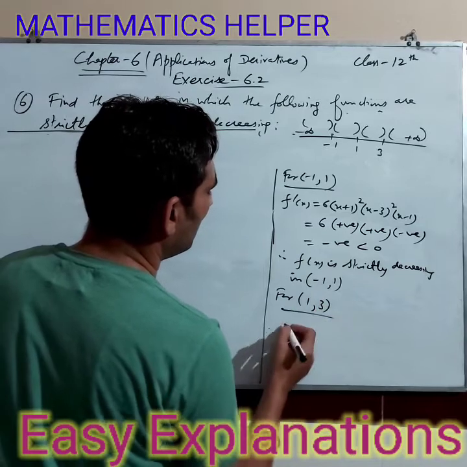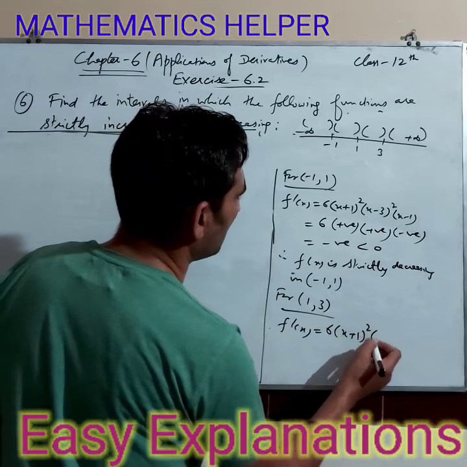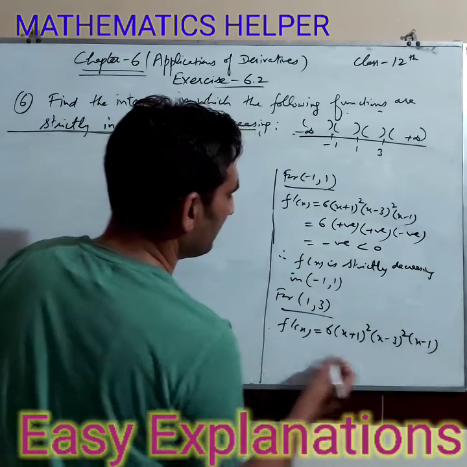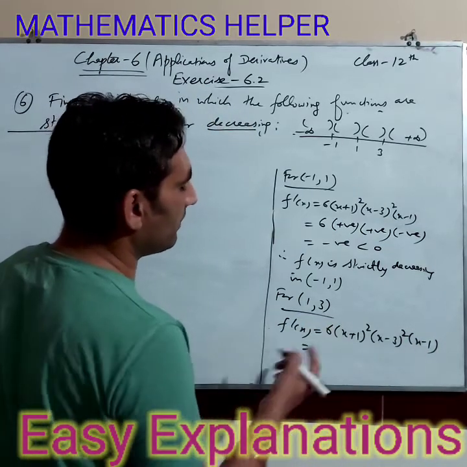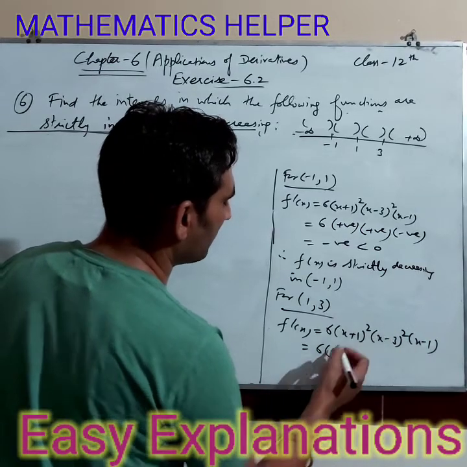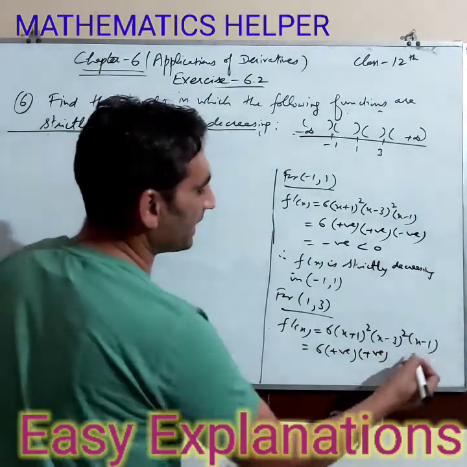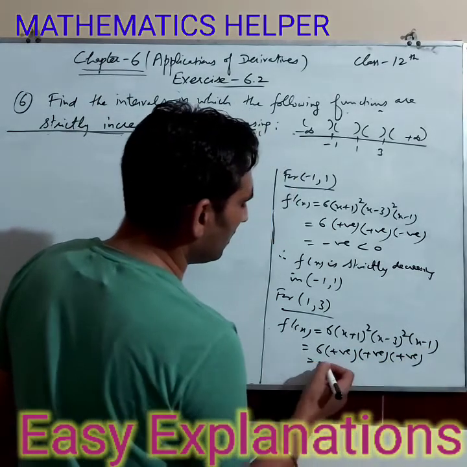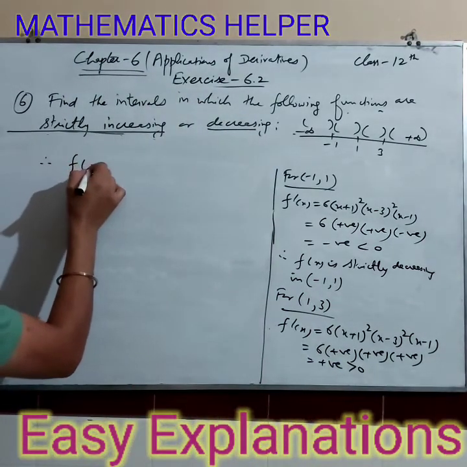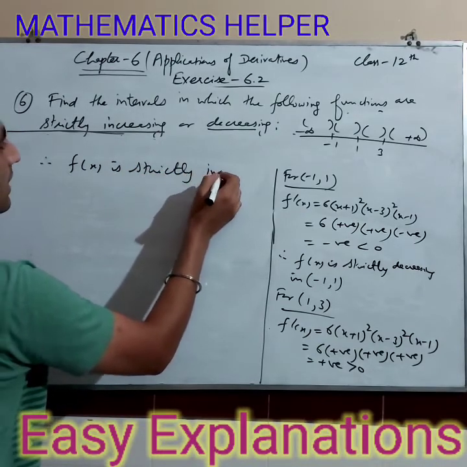After minus 1 to 1 we have 1 to 3. So for 1 to 3, again write the derivative f dash x equal to 6 into (x plus 1) square (x minus 3) square into (x minus 1). Let's take a number between 1 and 3, suppose it is 2. The squares eliminate the sign, so they both will be positive. The last factor, 2 minus 1, will be positive again. So the whole answer will be positive, which is greater than 0. So we can say therefore f x is strictly increasing